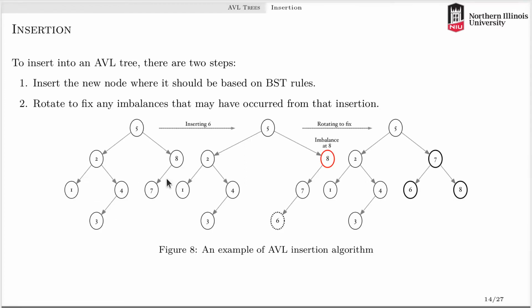So let's now look at what happens when we do an insertion. All right, given an AVL tree, and you can see this is AVL because you can calculate the balance factors of all these things and see that that is in fact the case, right? We'll do one. I'm not going to do a lot of these, but let's say I want to know the